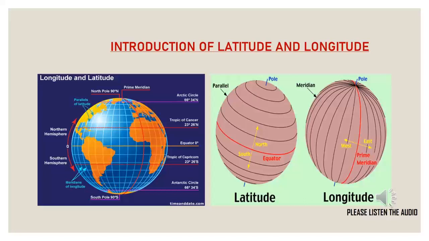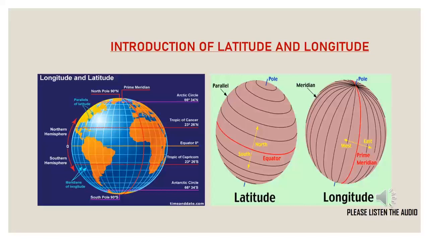Before we start, we need to know the introduction of latitude and longitude. Latitudes are also known as the lines of latitude. They are called parallels, since they are shown parallel on the globe. These lines run east-west and are used to measure distance. They are numbered in degrees. The distance between any two parallels of latitude is about 111 kilometers. Distances are numbered as degrees north or south of the equator.